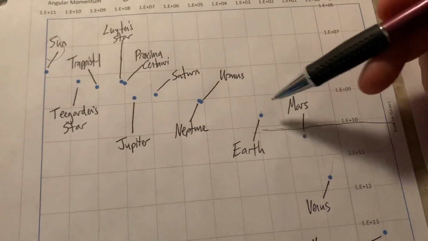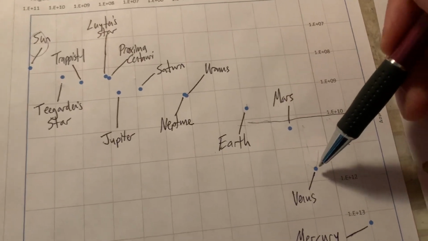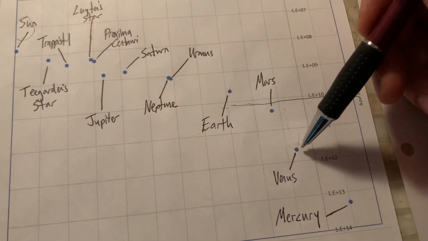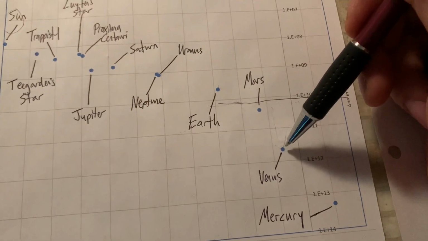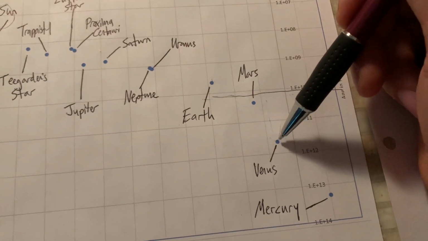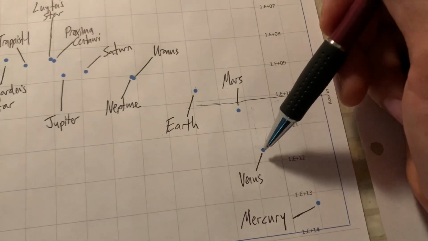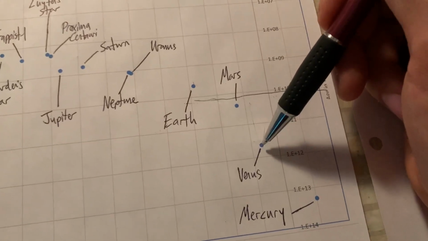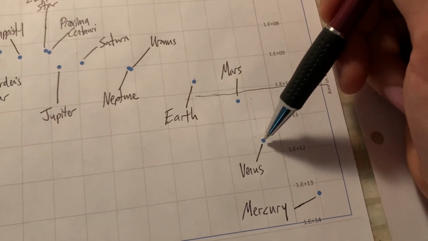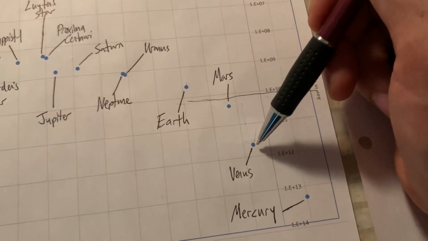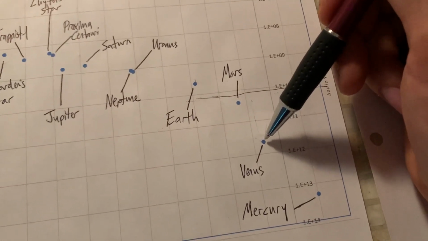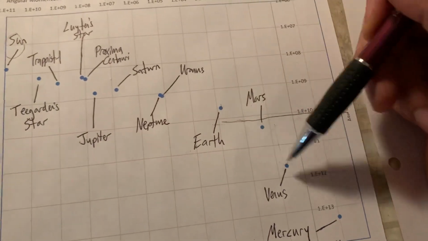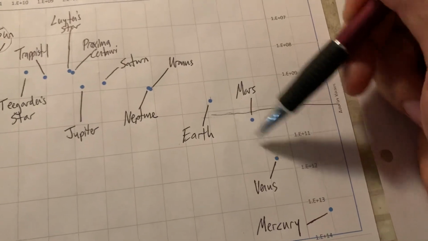And to say that Venus is the same age as Earth is also unreasonable when Venus barely spins at all. You can literally walk on the equator of Venus. Of course you can't walk on its surface because the CO2 atmosphere makes it really, really hot. It's like 900 degrees. But if it had the same atmosphere and surface conditions as the Earth and didn't have any oceans, you could walk on the equator of Venus and watch a perpetual sunrise or a perpetual sunset. That's how slow this thing spins. And to say this is the same age as Earth doesn't make any sense. This is clearly vastly older than Earth.